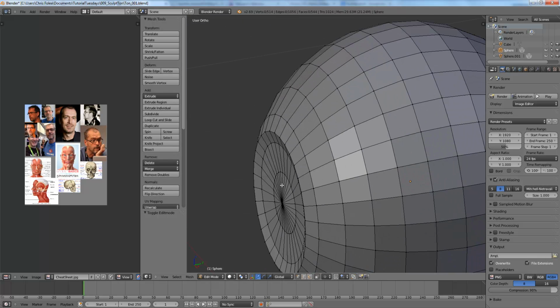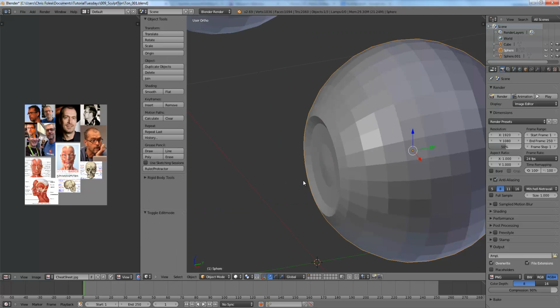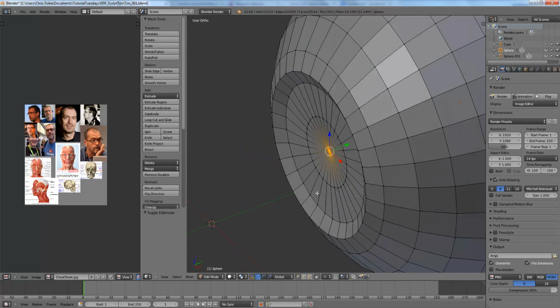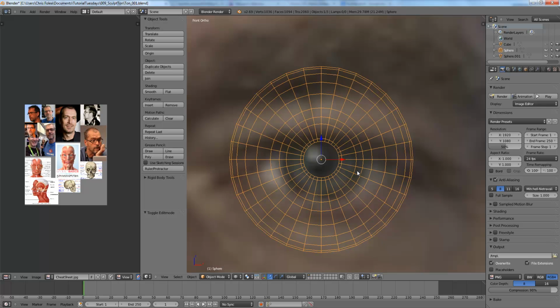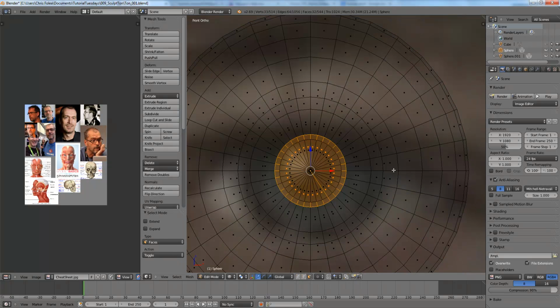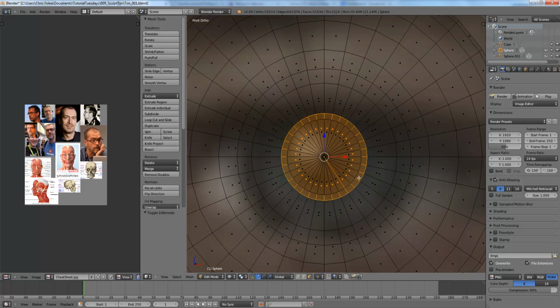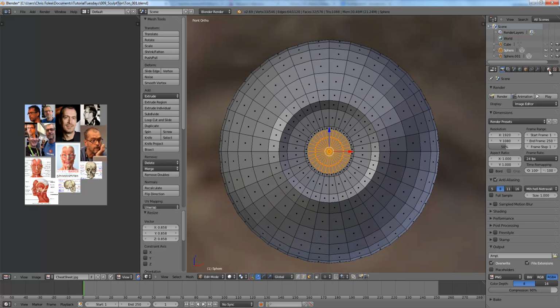Now the human eye, as many of you are probably familiar with, the iris goes in like so. That's what gives the eyes depth when you look at people, and especially in animated characters, it's very, very important to give the eyes depth. So next we're going to do the pupils, which need to match the pupils on the image pretty well, which the inner circle here does. So I'm just going to extrude that and scale it in,